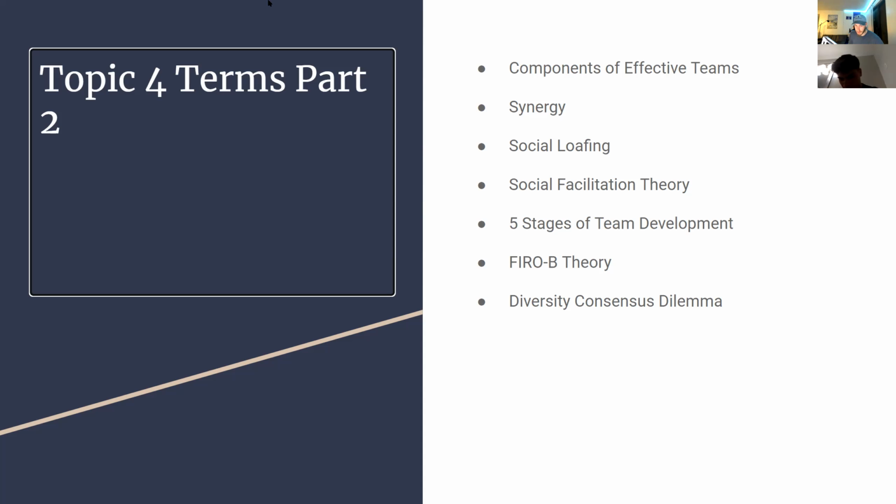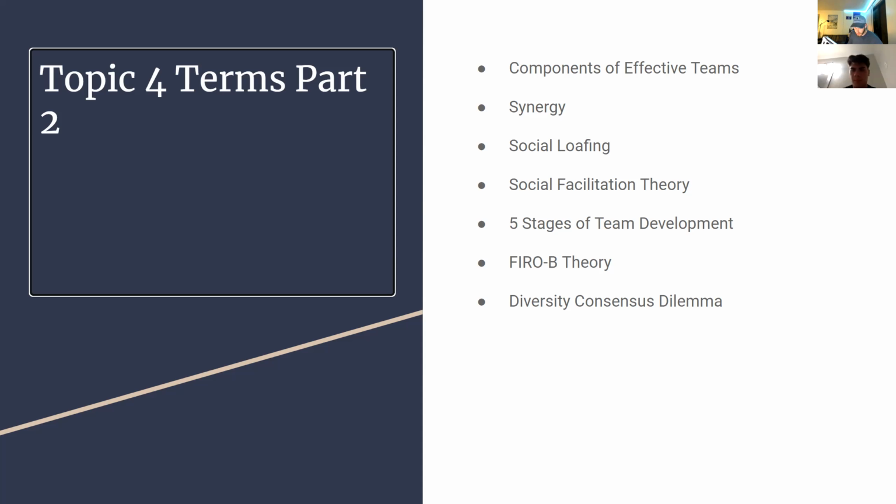The norming stage is where everything starts to become more normalized, and any issues within the group start to get ironed out. The performing stage is once you've passed through all of the difficulties that may have come up in the previous stages, and you actually start to get the work done within that team. And then the adjourning stage is when you've come to the end of a project, and you evaluate with the team what went right, what went wrong, and make any adjustments necessary.